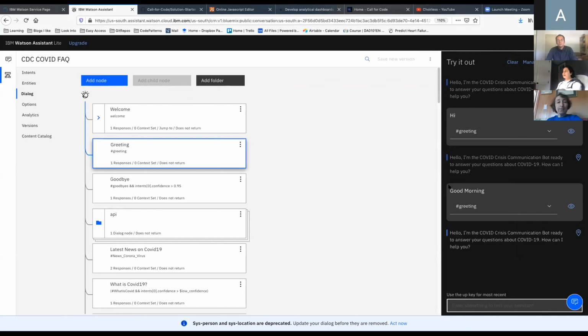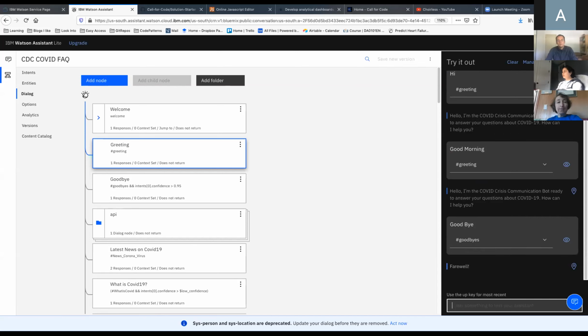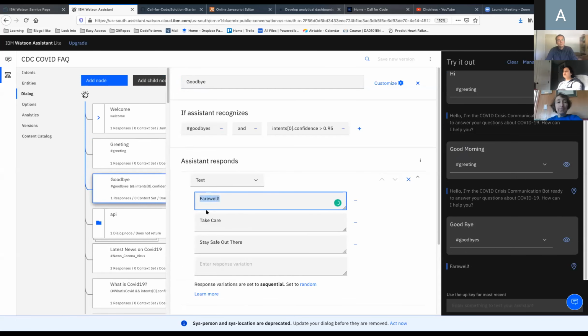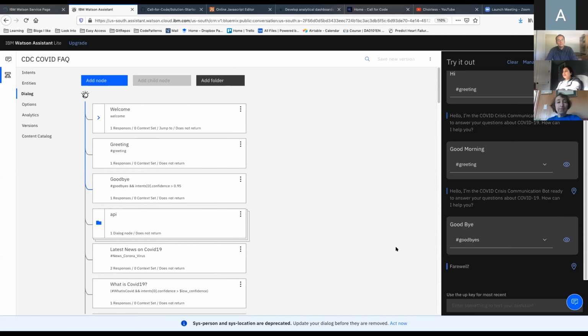It recognizes good morning as a greeting, right? Now let's say something like goodbye. Farewell. So it jumps to this node where it says, farewell, take care, stay safe out there. So when you want to end a conversation, that's what you would say.